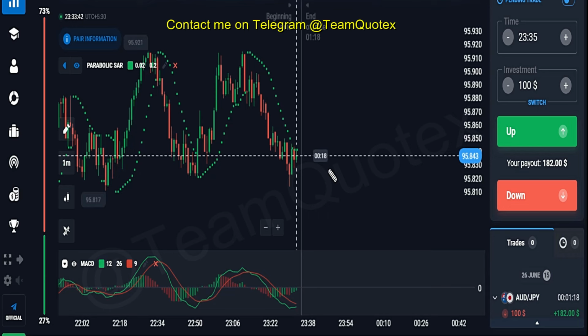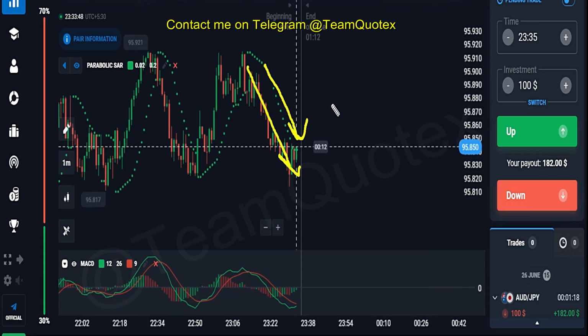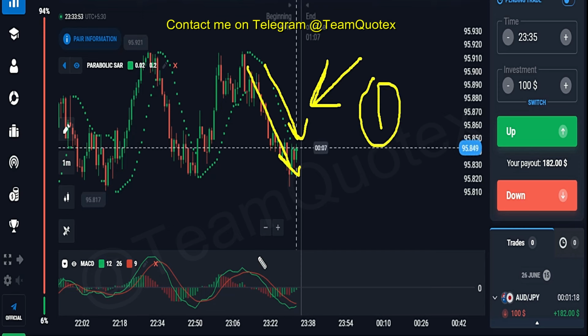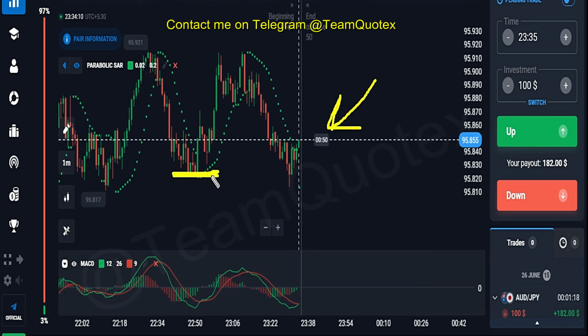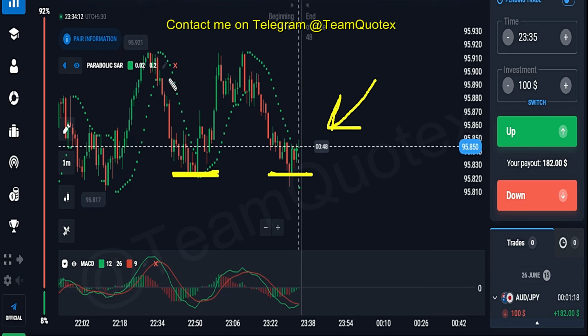So first thing, if market trend is in down direction, parabolic is supporting. That means parabolic is confirming you that market will go down. You are getting confirmation. MACD and histogram are also confirming you that market will go down. But when you want to place your trade in downward direction, you have to see where your support level is. If any support level is existing there, like this is your support, market came, market took support, went in upward direction,